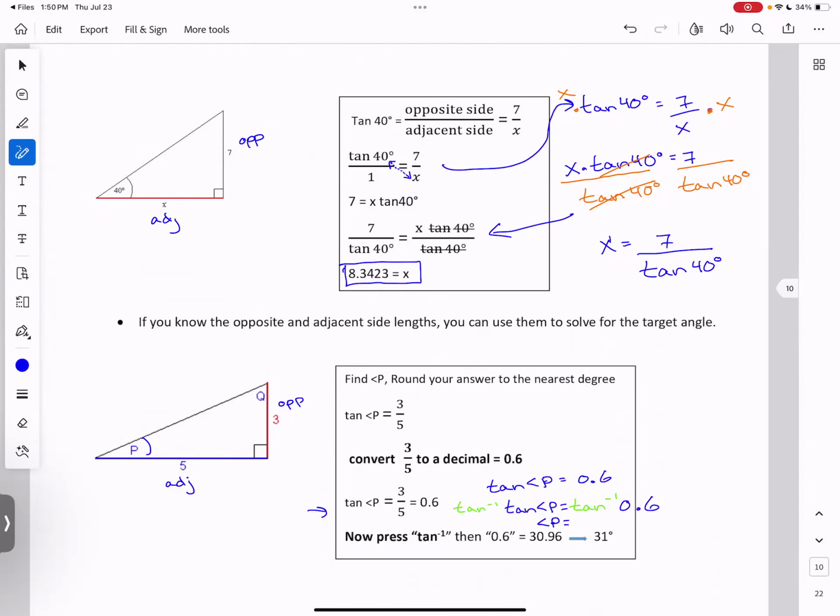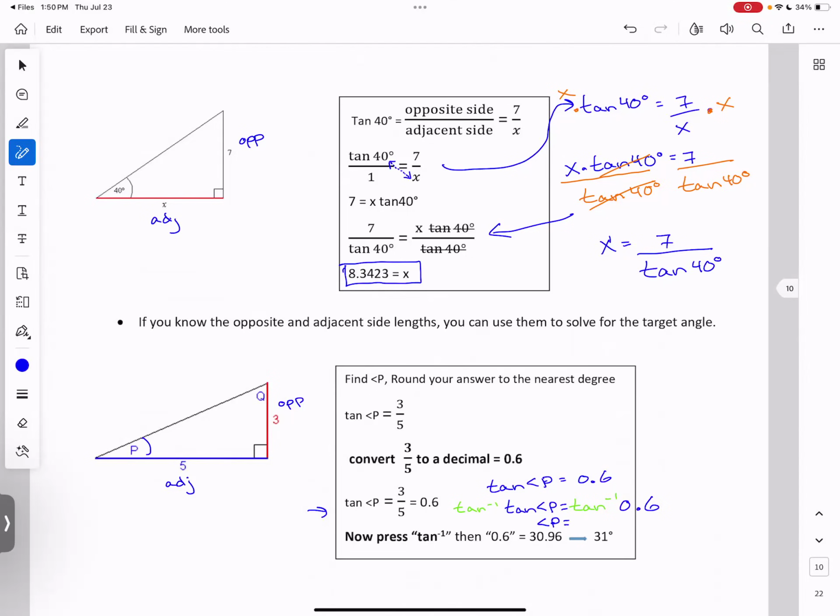So on most calculators, it's a second function of the button tan. So like on my calculator, if I hit second function, it takes me into the yellow writing above my buttons. And so that's how I can hit the yellow writing that says tan inverse. But each calculator is different. So if you do tan inverse 0.6 equals, if you round to the nearest one, you get 31 degrees there. Okay,